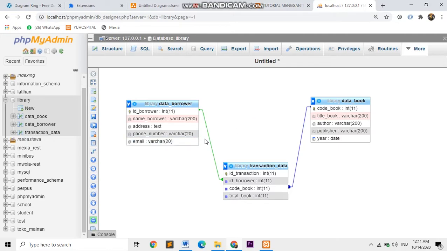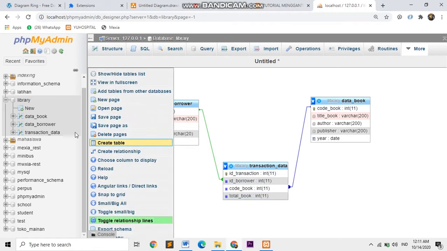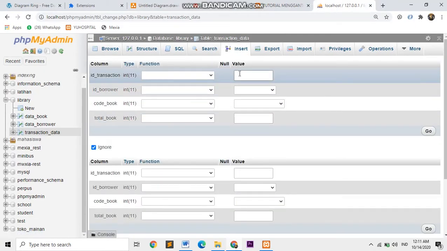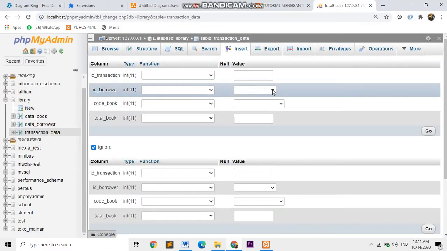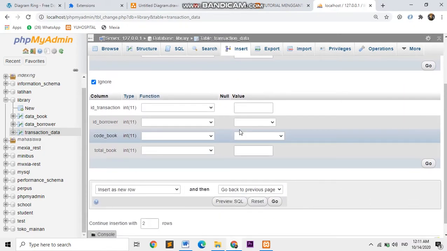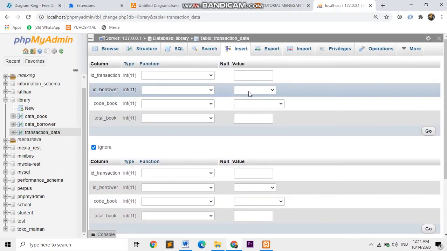You can fill the transaction data if you insert. For the example, you have a list of ID borrower and ID book because we have made a relationship.